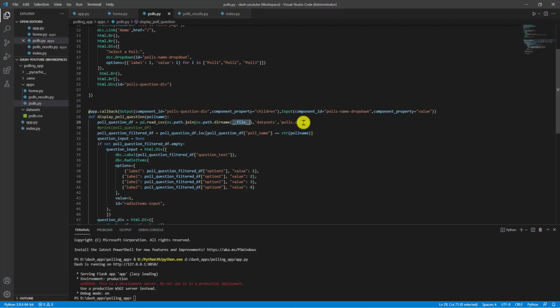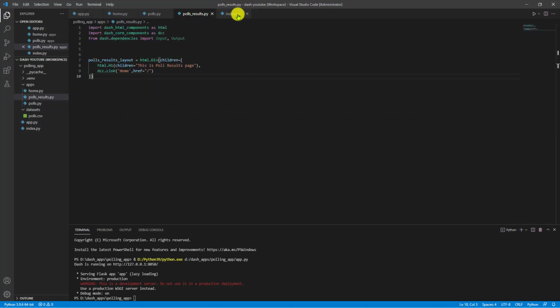But now this code is moved to polls.py, so this __file__ will basically have the path for the polls.py, which is under the apps directory, right? So we have to move one directory up, then go to the dataset directory over here. That's why I will add a dot over here, which will move one directory up, and then it will access this dataset and polls.csv file here. Okay, so looks like everything is done.